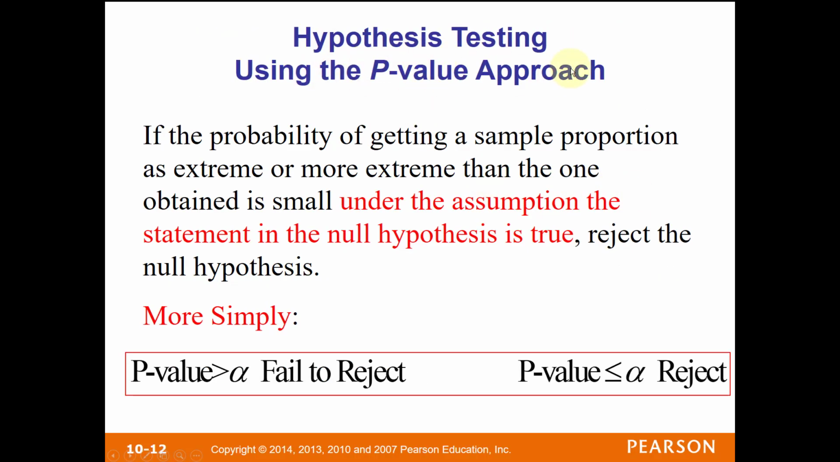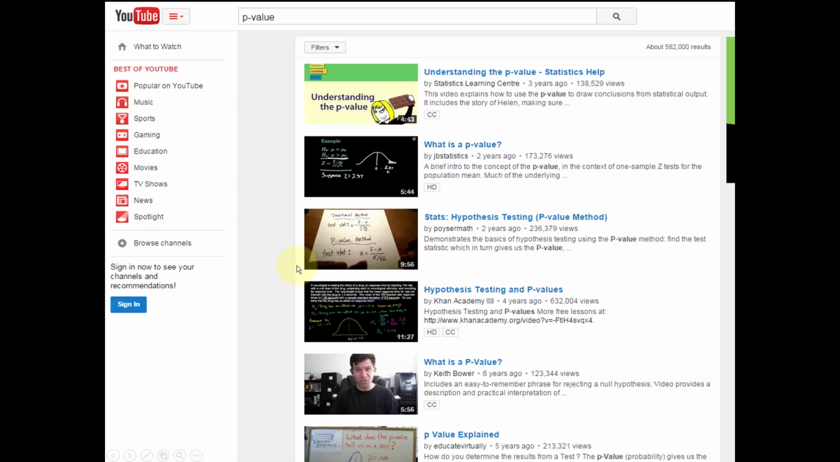Hypothesis testing using the p-value approach. If the probability of getting a sample proportion as extreme or more extreme than the one obtained is small, under the assumption that the null hypothesis is true, reject the null hypothesis. So let me explain to you. We come back here,